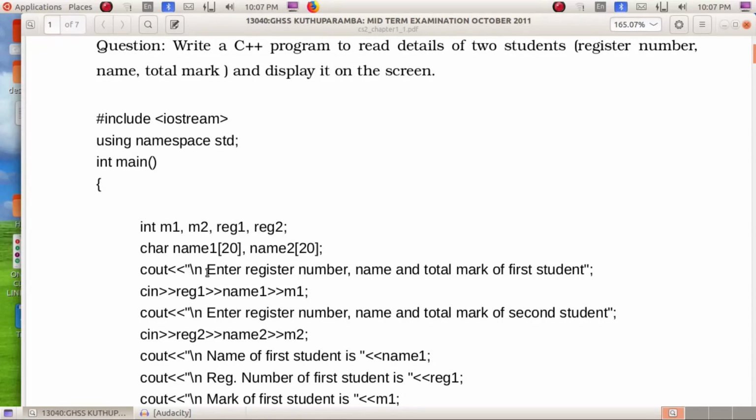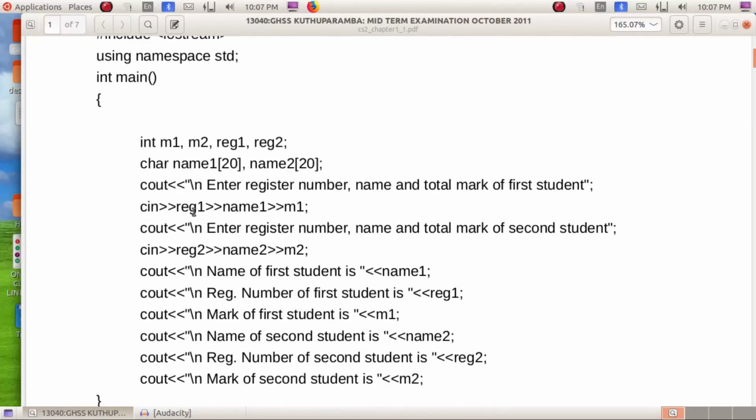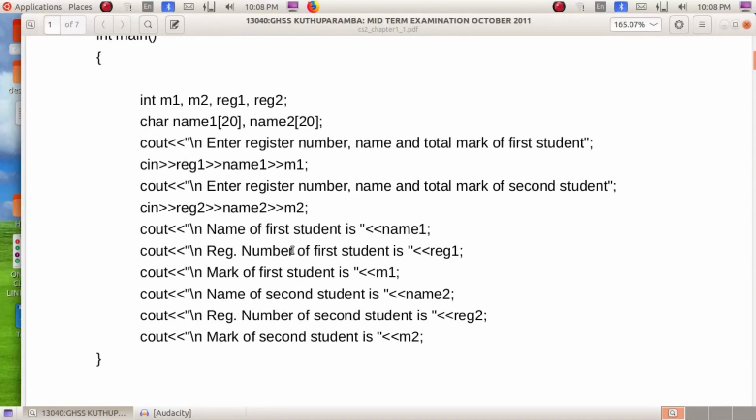Next statement: cout, enter register number, name and total mark of first student. We are reading the register number in reg1, name in name1 and mark in m1. Similarly we are reading the register number, name and mark of the second student. Then we are displaying the same thing.